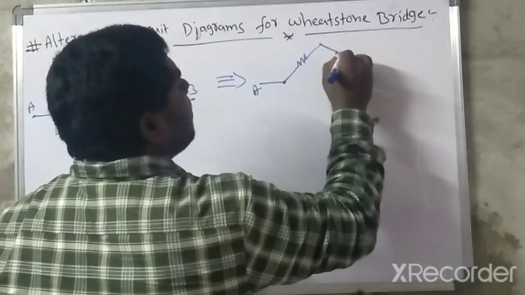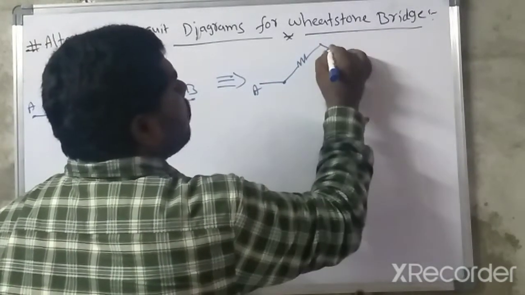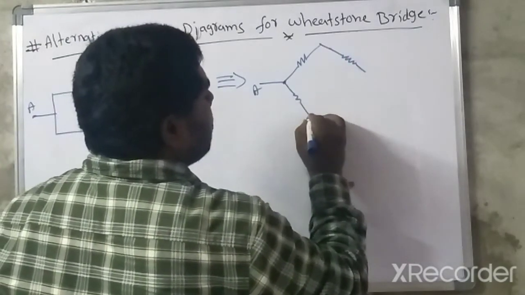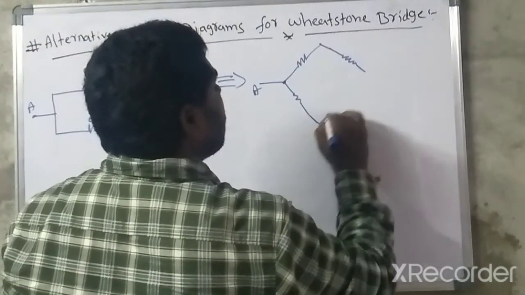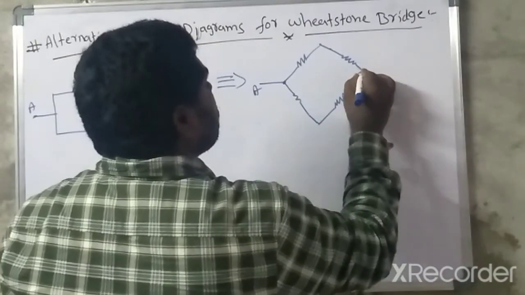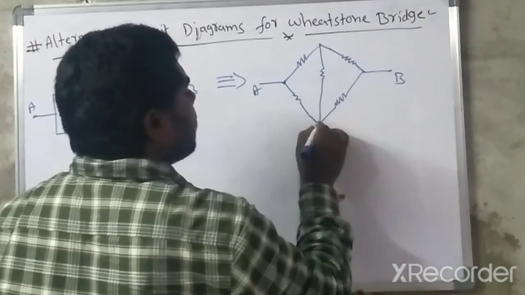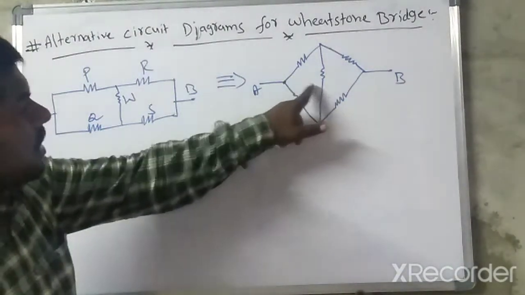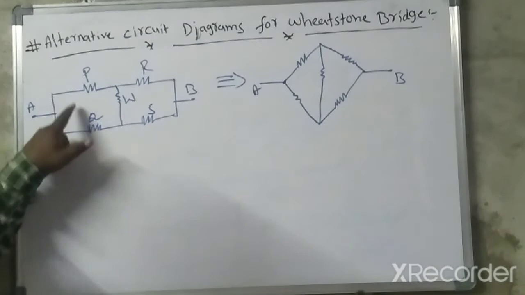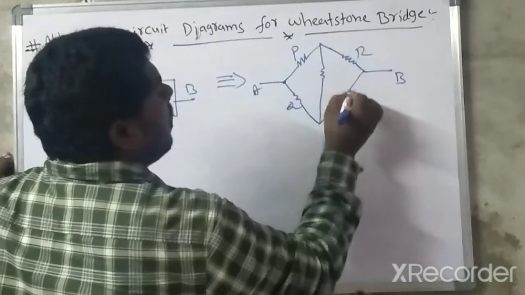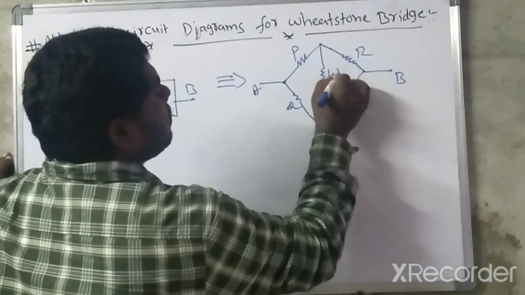So here, the bridge balanced case. I am talking about the bridge balanced case. In the bridge balanced case, you may remove the middle term. So this is B, and here is the middle resistance. The point A terminals, these two are the same. This is P, this is Q, this is R, this is S, and this one is W.